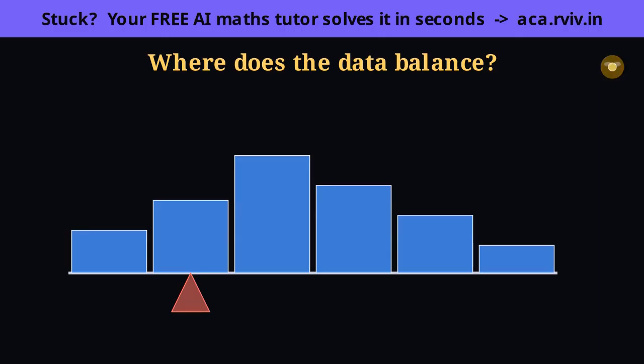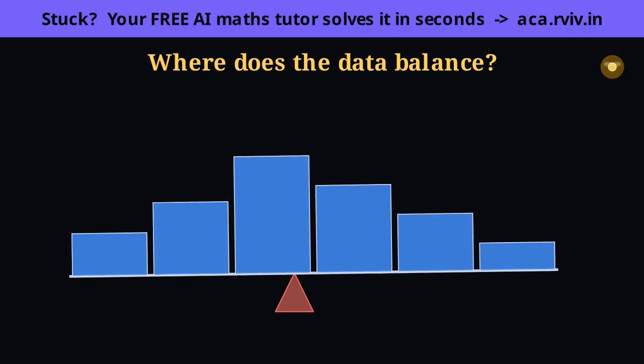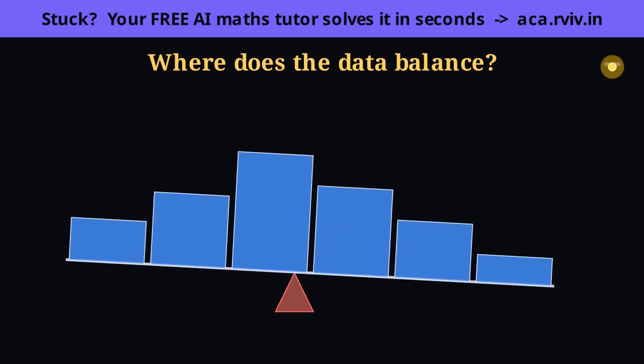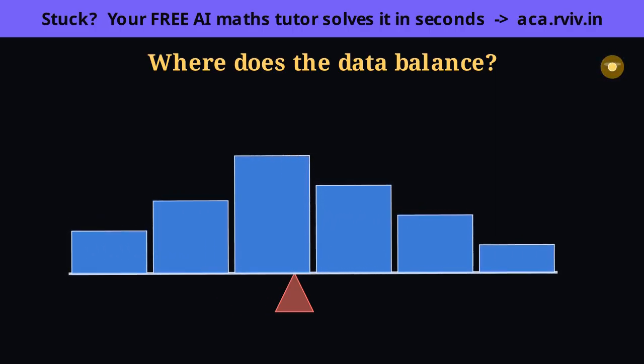how big each frequency is, or where each class sits. So I slide the pivot slowly across, feeling for the exact spot where the tipping stops and the beam floats dead level. Watch, it settles right here, a little left of center, pulled that way because the taller bars on the left carry more weight. That settling point, where every bar's push is perfectly balanced, is the mean of the data. Not the middle of the axis, the middle of the weight.